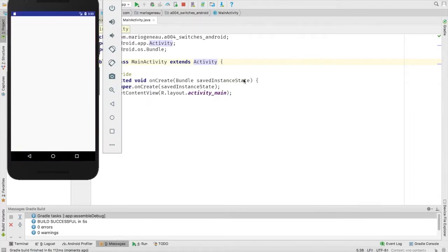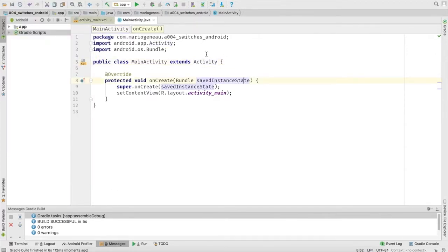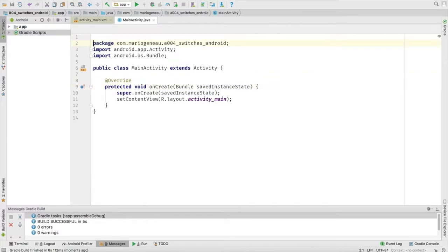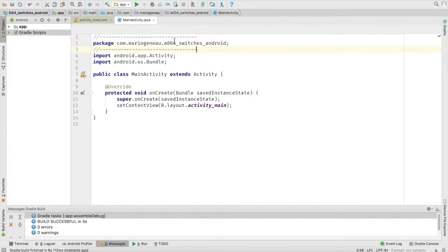And there we go. So now let's do a little bit of cleanup, just like I did in iOS. And in this case, we're going to need the method on create, and